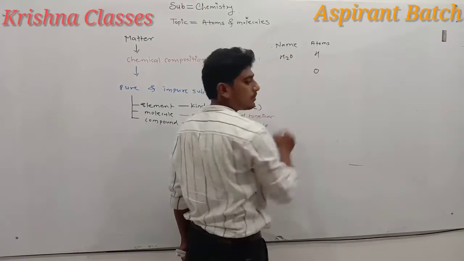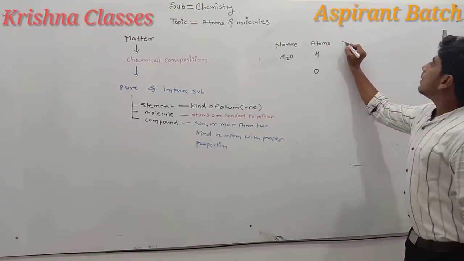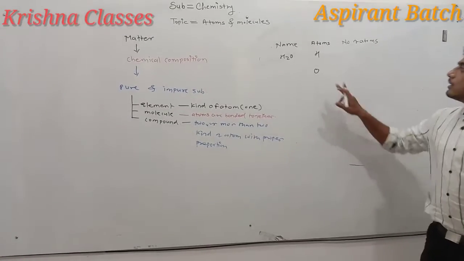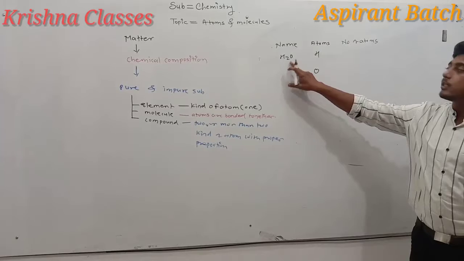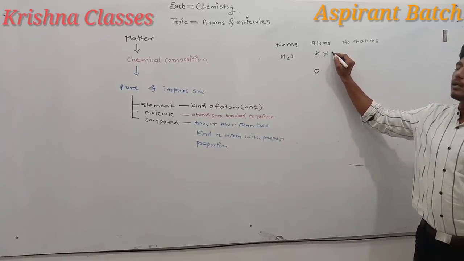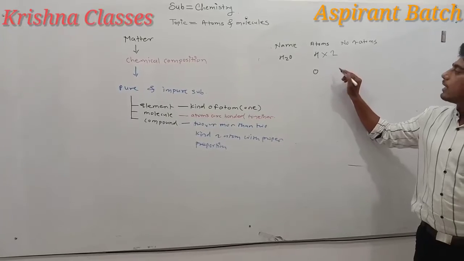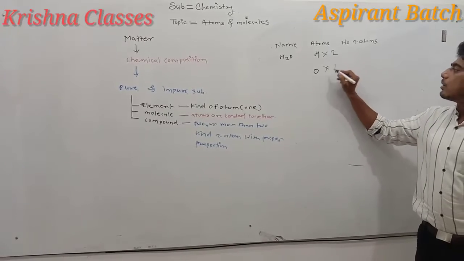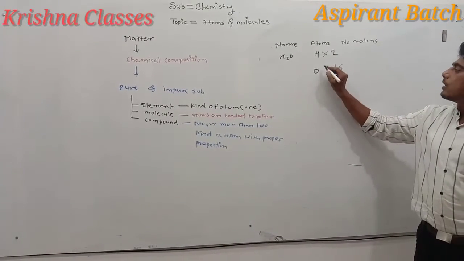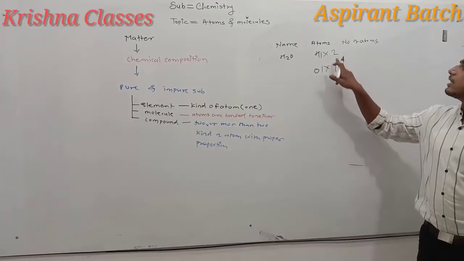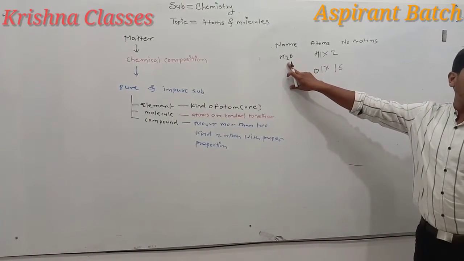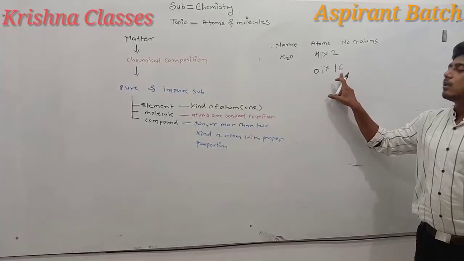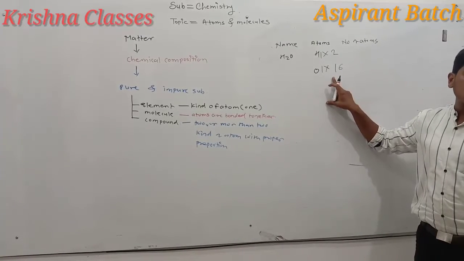Here, water is taken. Hydrogen and oxygen are present. Then you have to count the number of atoms. Here there are 2 hydrogen atoms, so you have to multiply by 2. Oxygen is 1 here, so multiply by 1. We know that the atomic mass of oxygen is 16, so 1 time 16. There are 2 hydrogen atoms present, so we multiply them 2 times. Here only 1 oxygen is present, so we take only the atomic mass of 1 atom.